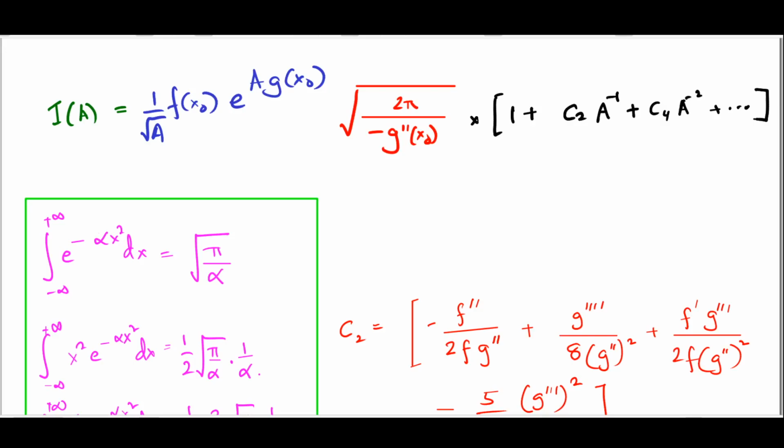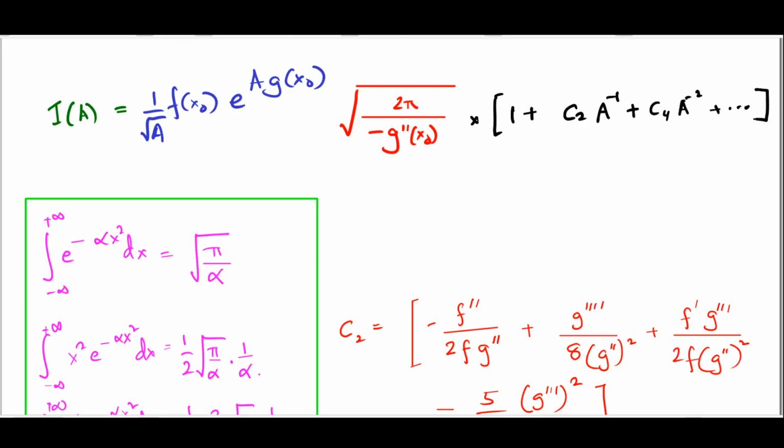Now, one thing you may have already noticed is that the polynomial which multiplied into the e to the minus half is an odd polynomial in y, and so its integral, when done from minus infinity to plus infinity, will definitely vanish. And this works not only for e to the minus half, it also works for e to the minus 3 by 2, e to the minus 5 by 2, and so on. All further terms down the line are multiplied by odd polynomials in the integrand, and hence they vanish in the integral. So the first leading order correction beyond the root over 2 pi by minus g double prime x0